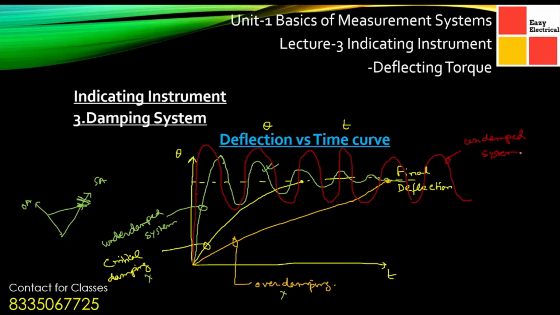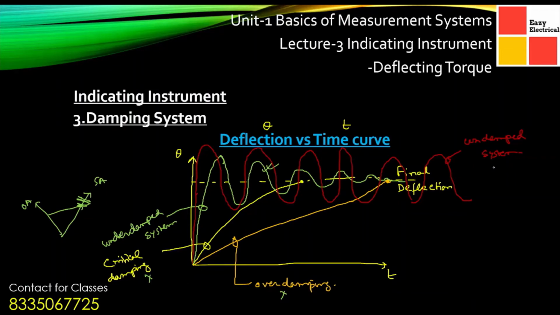That is, overdamping takes a larger amount of time, critical damping takes the perfect time, underdamping takes slightly less time, but there is an oscillation. In overdamping and critical damping there are no oscillations, but we basically apply the underdamping system because every pointer has some mass, and due to that mass there is an inertia or change in the motion. So it is preferable to allow the pointer to have some oscillations.